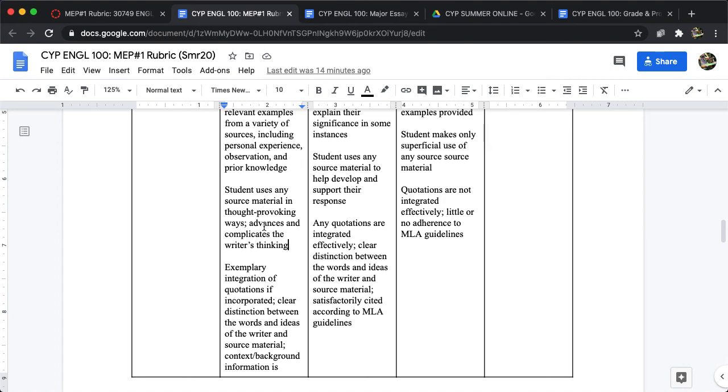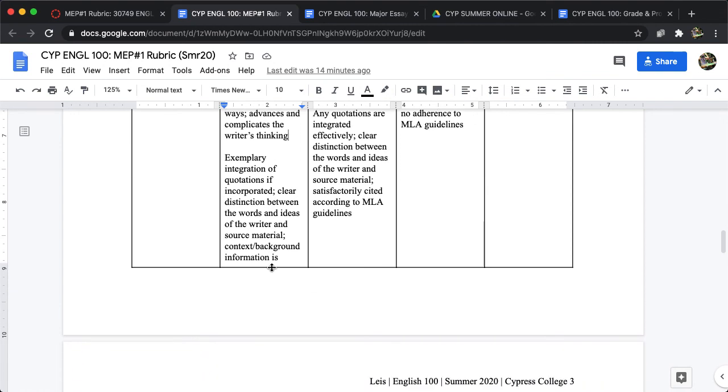What this means, if you are using source material like an essay or a video, is that you're using it in a way that advances or complicates your thinking, but also it's thought-provoking. It has a very definitive purpose in your paper. It's not just thrown in there to take up space. If you did have quotations,